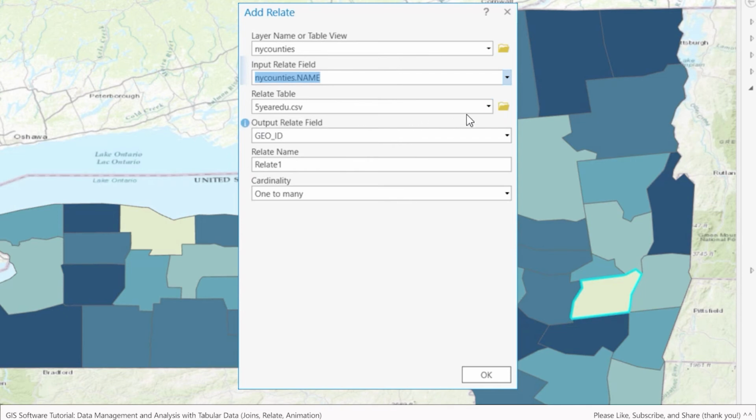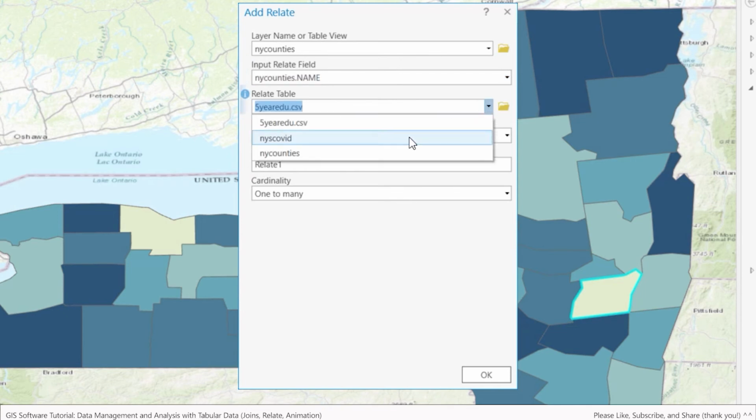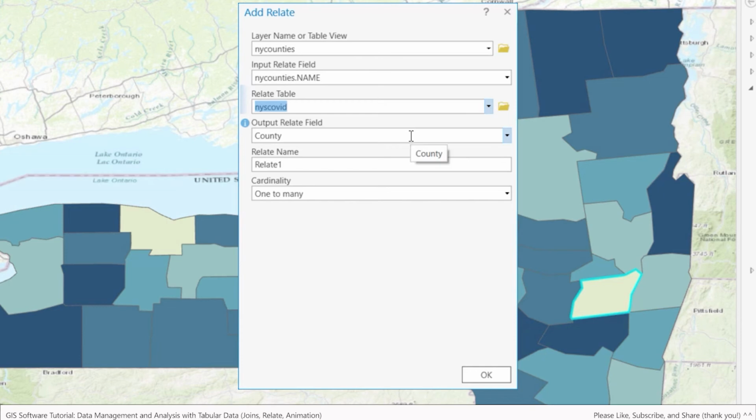And the relate table this time is going to be New York State COVID. And this is the whole reason why I eliminated the space in the word county and comma back in an earlier step, to be able to create this relationship. So in this case, the match is going to happen based on the string, the name of the county, and with a one-to-many. So when I hit OK,